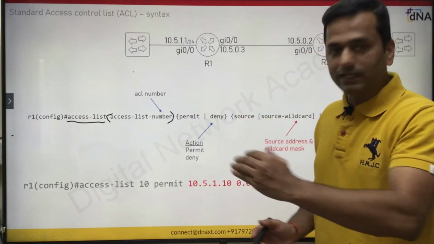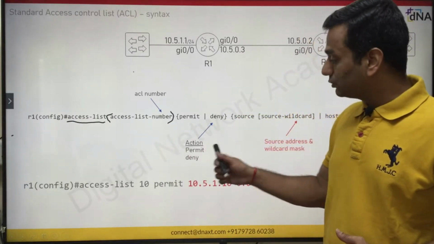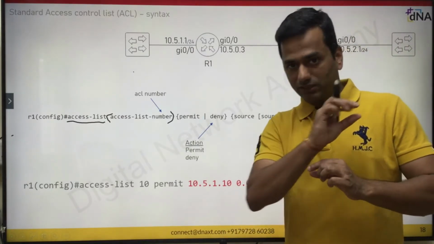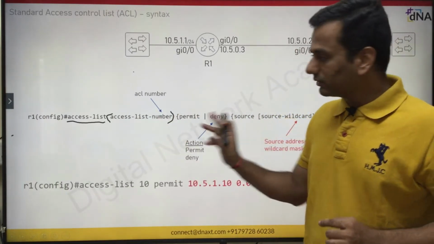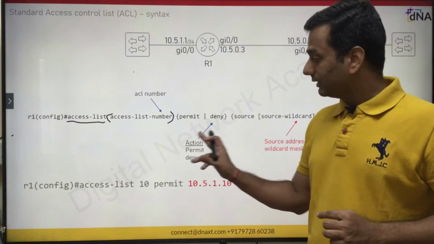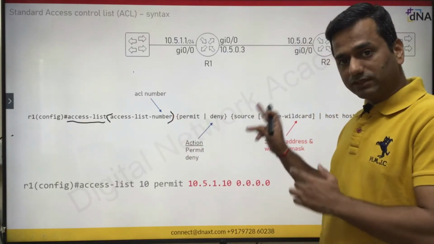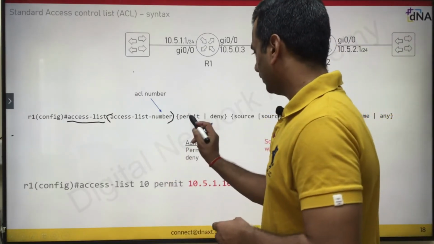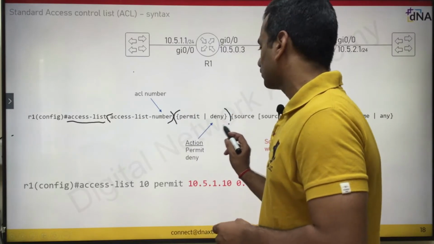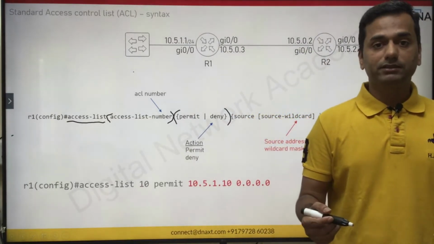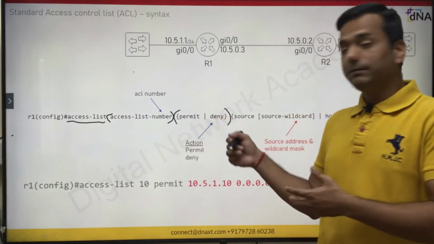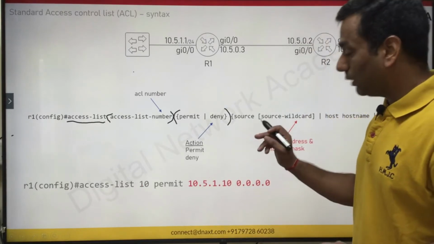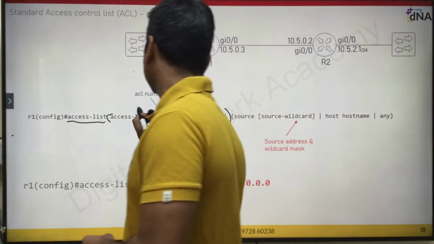So access-list is the command, then next is a number, and the next is your action. This is for the access control list entry, or sequence number, whatever statement you mention as a source IP address or destination IP address, protocol field, whether it's a permit or deny action. Right after the number, you have to define the action. There are only two actions, permit and deny. Permit means allow the packet. Deny means drop the packet. Clear?